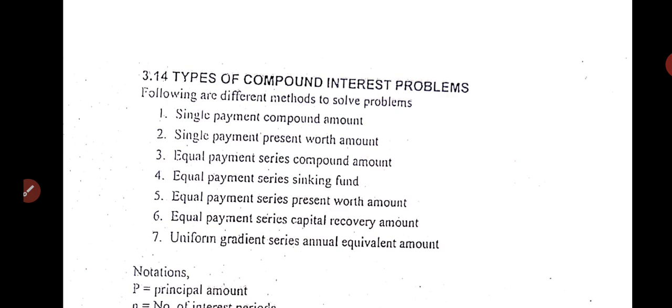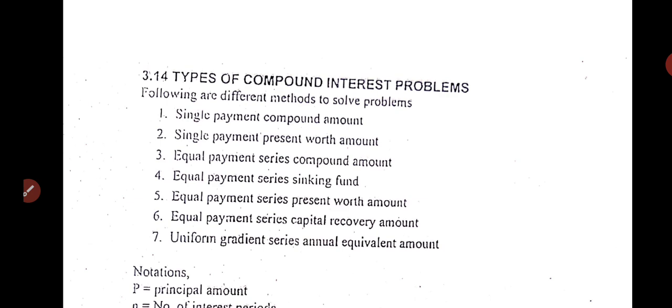See, why I am discussing this especially is because in the next module, we will be using all these formulas, because based on these formulas only the calculations will be done. So the second one is the single payment present worth method. Amount means the future amount I want after some period of time at some interest rate. What is the present amount? So this is the present worth amount. These two were single payment.